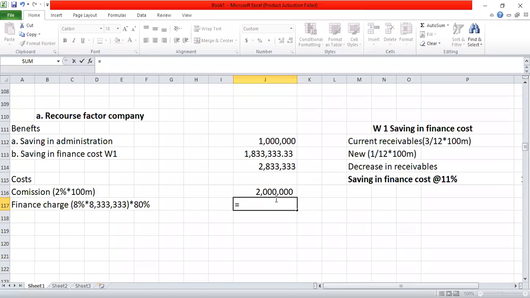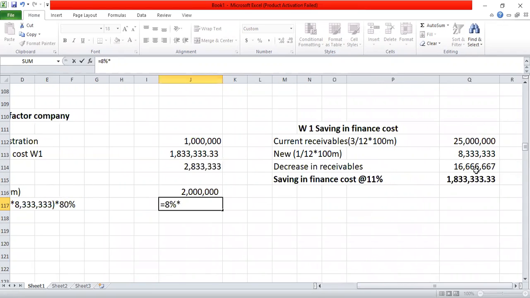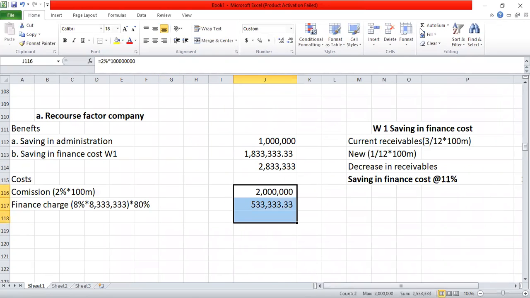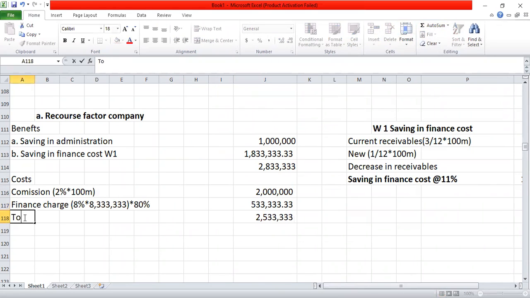So I have 8% times 80%. This is the total costs of factor company. So if I compare this cost,